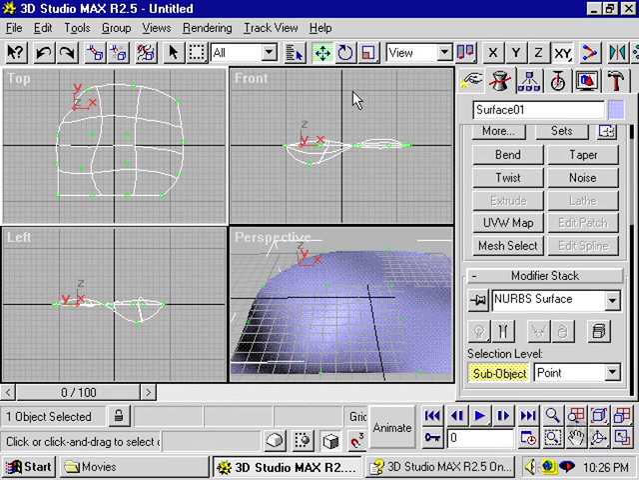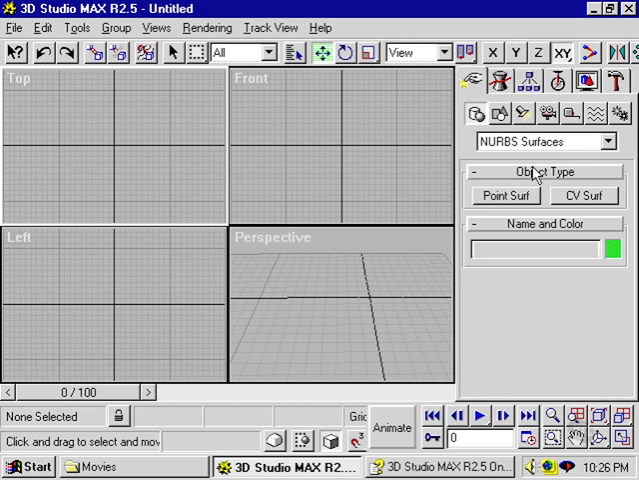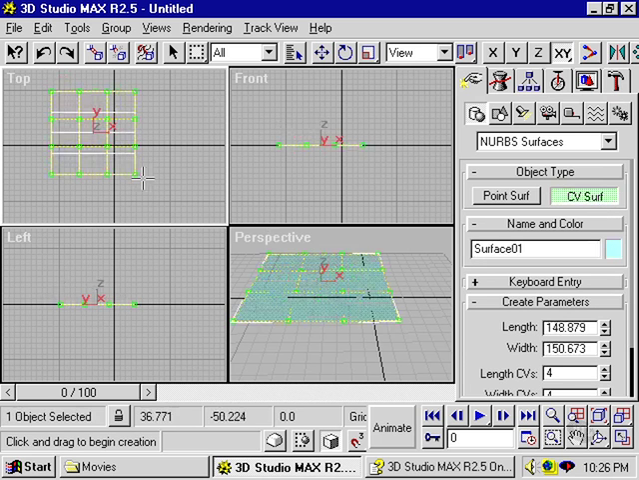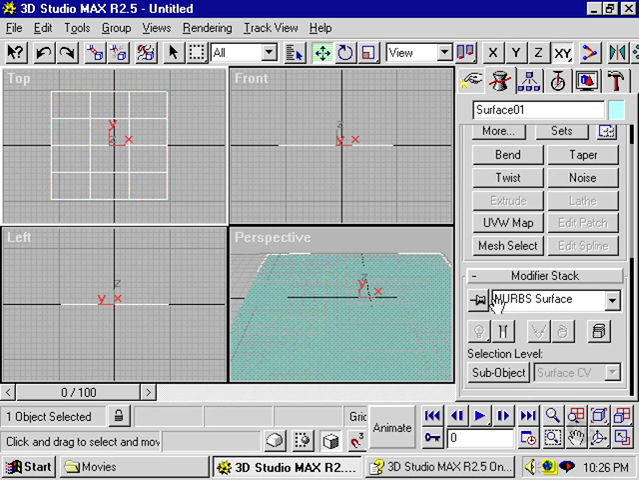Let's take a look at the other Nurb type. I'm going to click on the sub-object and then hit the delete key to delete that point Nurbs object. Go back to the creation panel and select the CV surface Nurb object. Again, click and drag to place it into the scene, and it looks the same, but it's not, and I'll show you why. Go to the Modifiers panel, click Sub-Object,